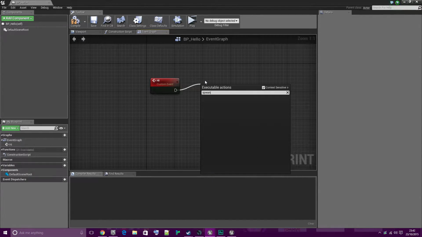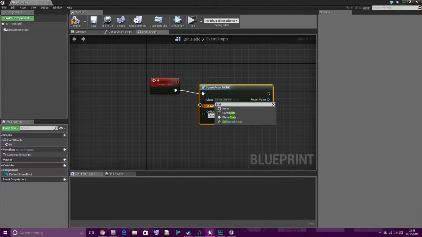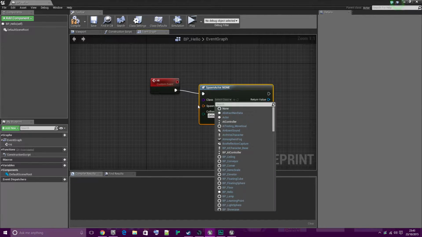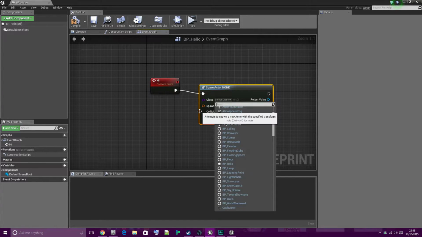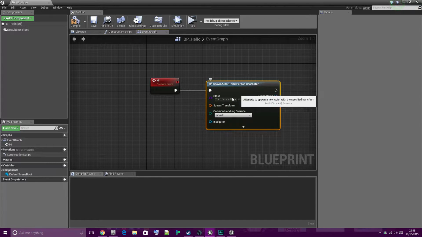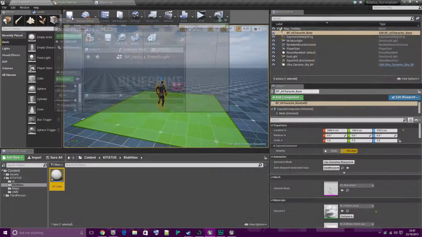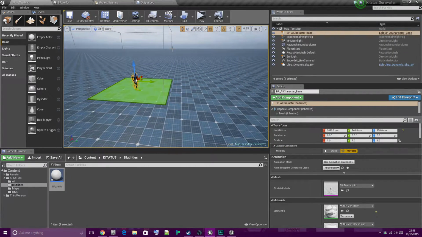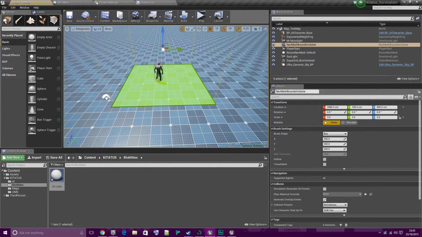Let's spawn actor from class. I wonder if cube shows up. Floating cube does. I don't know what that is. Let's pick what have I got for players in this project? No, is it called third person? Yeah, there we go, third person character. Let's pick him. Let's pick a box. So this will be fine. So this box is, let's check.